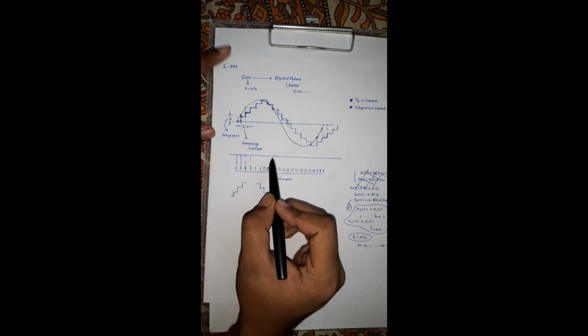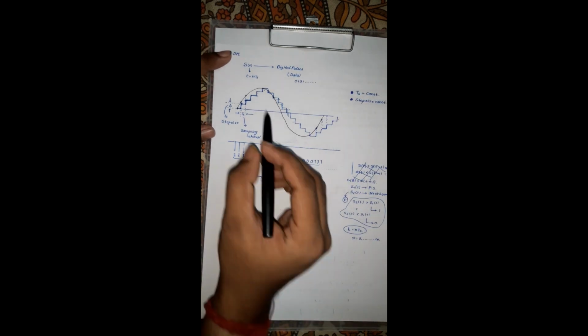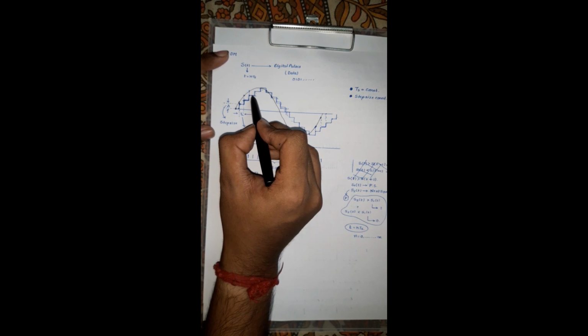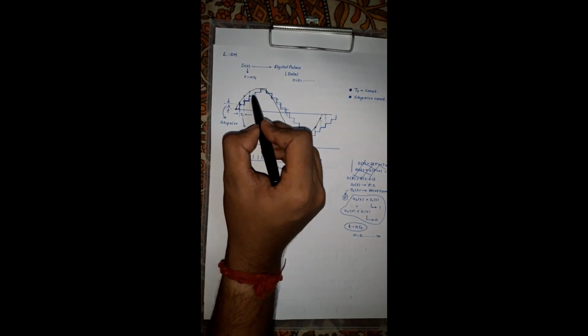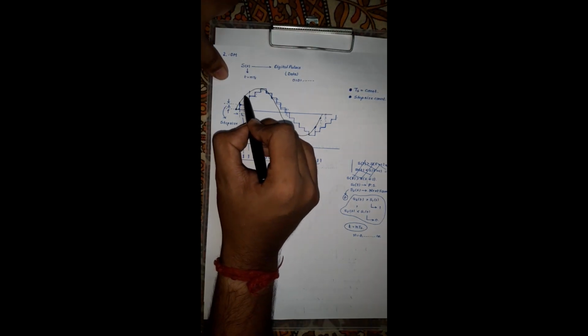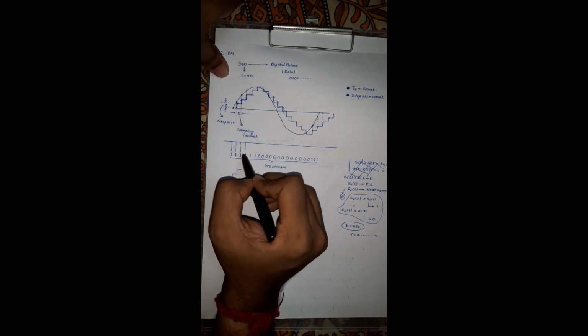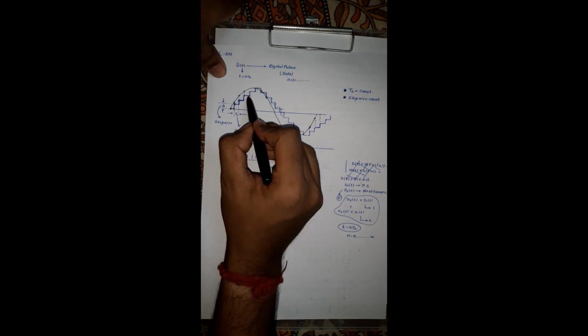So whenever it sees that the present sample amplitude is greater than the last sample amplitude, one upstep is produced, and at that time a 1 is produced simultaneously. Again it is saying that the present sample amplitude is greater than the last sample amplitude. See, this sample amplitude is greater than the last sample amplitude. At that time an upstep is produced as well as a 1, and in this way it is